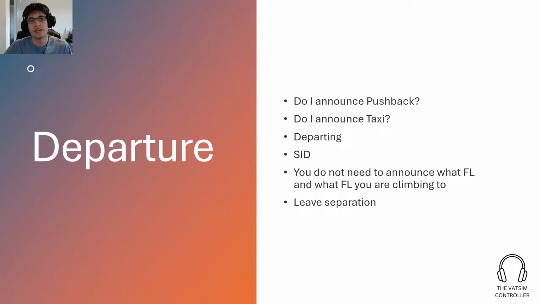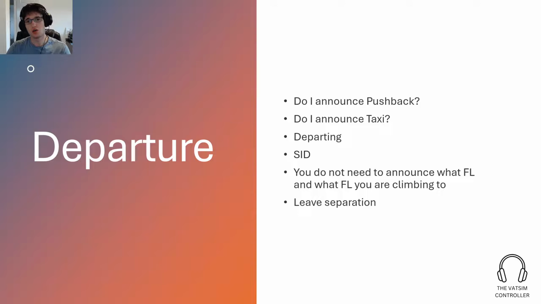So, the actual flying part of VATSIM and what you should announce on Unicom can be split into 3 main parts. Firstly, the departure, which is from you leaving your stand up until you reach cruise. Well, cruise is the second one. And arrival, which is from cruise to when you park on blocks and turn off your engines. So we're going to look at the departure first, which is kind of like the second most important stage out